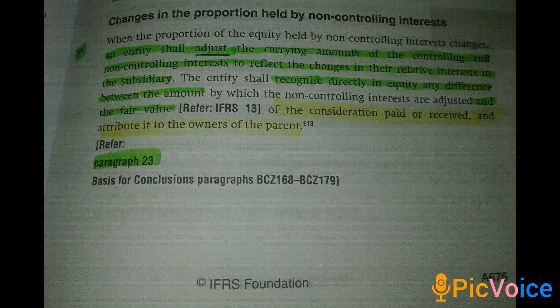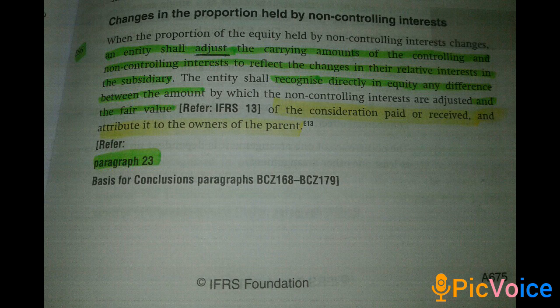Now, I'm actually going to look at 2 of the changes that can happen regarding an IFRS 3 change, so when there's an increase or a decrease in IFRS 9. The guidance is given in IFRS 10, paragraph B96, in terms of how you can treat that change in ownership. So I'm going to read to you the paragraph, and it states, when the proportion of the equity held